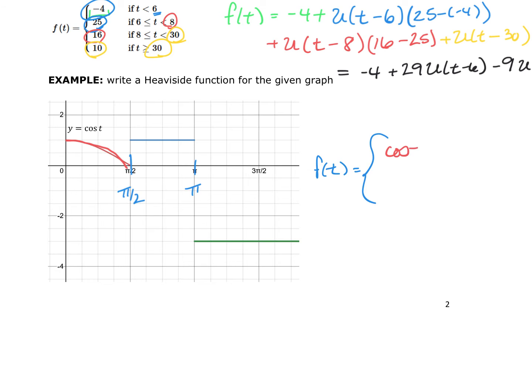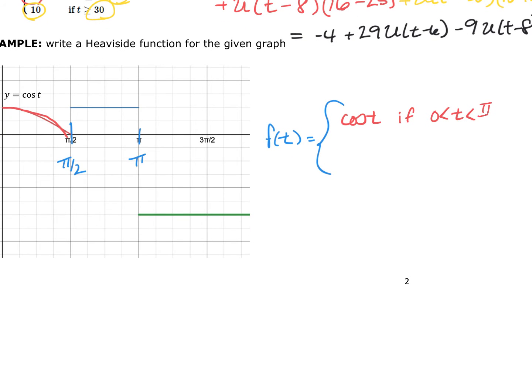It will be the cosine of t if I go between 0 and pi halves. And then I have this output, which is 1. So it's 1 when we run between pi halves and pi. And then here's my last one. And this is negative 3 if pi is less than t. So once I have wrote it as a piecewise function, I'm now going to write it in the appropriate Heaviside